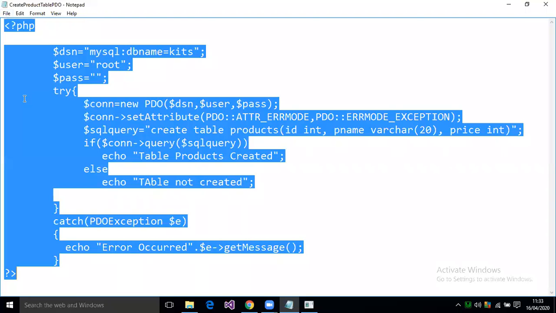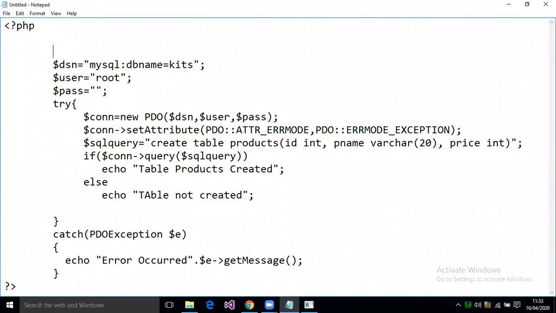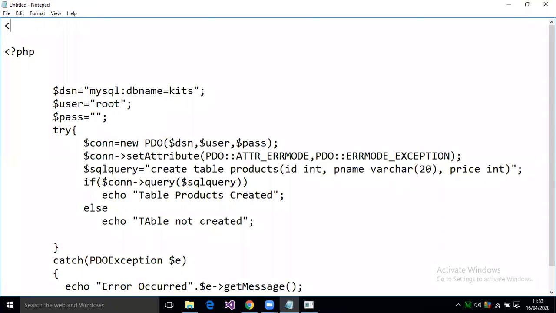So let us select all these things, then go for a new program. Then let us write a form. The remaining things you can understand. I'm just writing the form with the post method, like head, body, everything you can write.